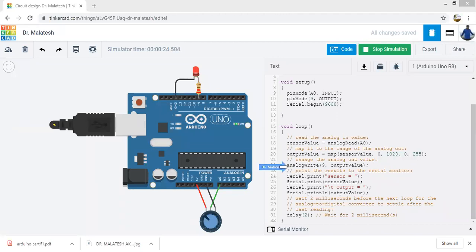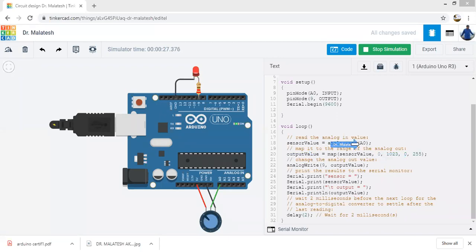We'll see the analog write to the pin number 9, because the pin number 9 is connected to the LED. The output value means it is equivalent to telling that send the value of the output value, where the output value is the variable, to pin number 9. This output value is nothing but this number between 0 to 255, that depends on the value of the A0 at that particular moment.